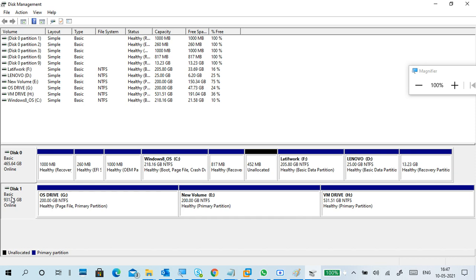So what I did, I formatted the disk separately with MBR and inserted it. Now it is working. Anyway, I need bigger sizes. This is 1 terabyte, this is 200 GB, 200 GB, and the remaining 531 I made one single partition. I don't go with the fourth one also. If I go with the fourth one, it automatically becomes extended. I don't like it.